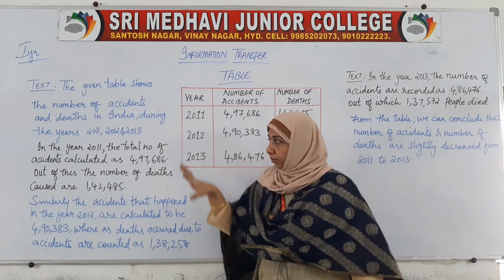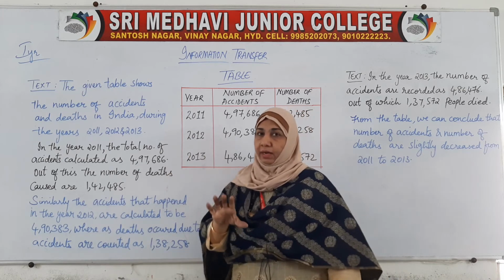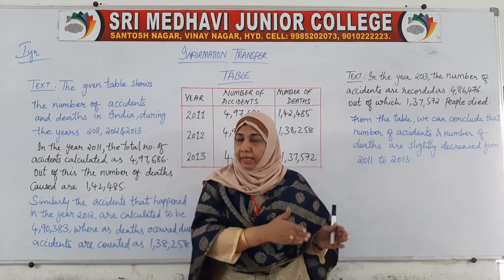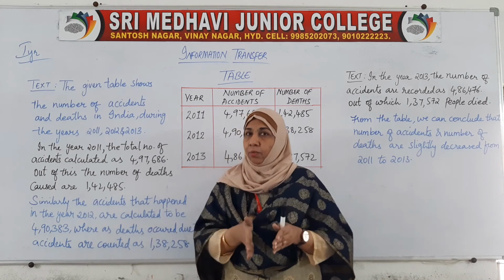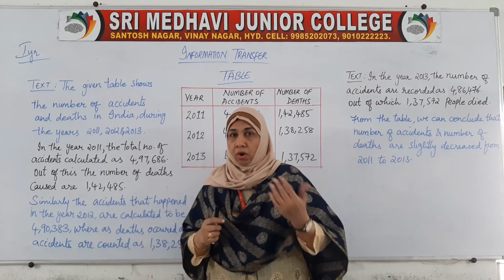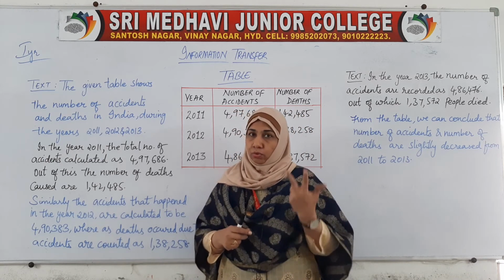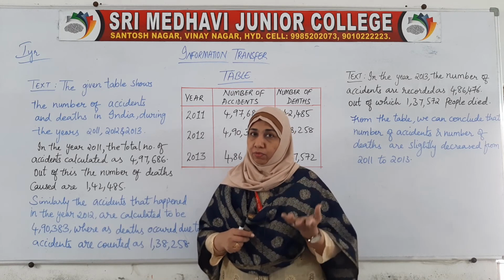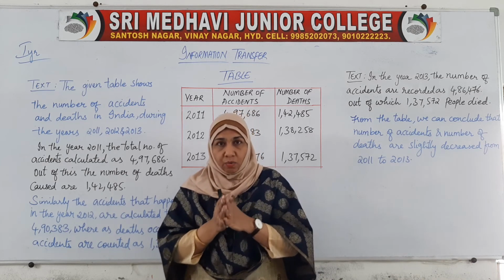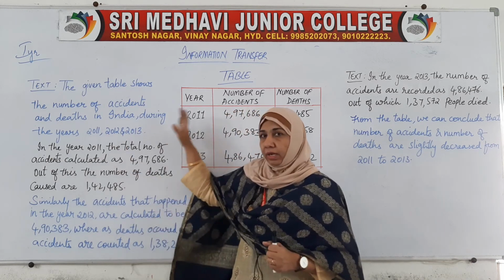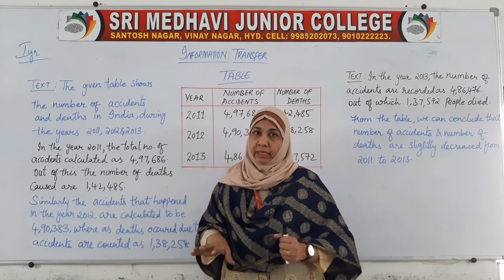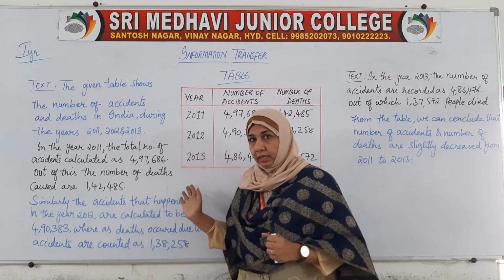According to that only, after reading the paragraph, find out which are the things you have to demarcate, how many things you can put under one heading and how many under another heading, or how many columns you have to make. Sometimes only 2 columns are needed, sometimes 3, sometimes 4, it goes on according to the requirement. So you have to find out what is required in the paragraph, then you can make it into a table.